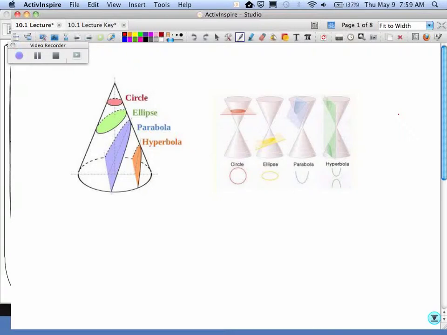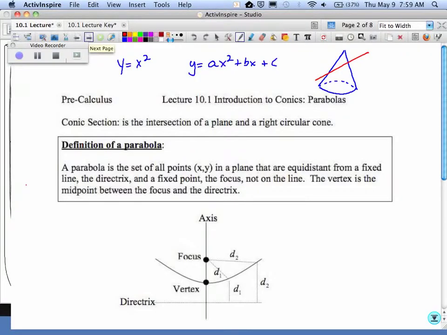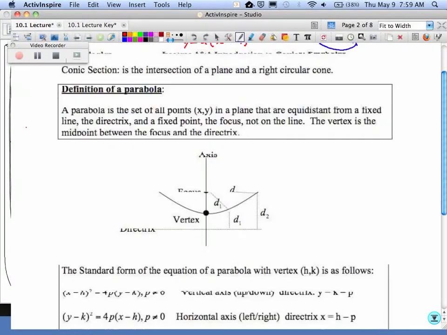It really did. So, what we're talking about today is this definition of a parabola. We're adding a few more things to it. The other formula that you guys might remember is what we call the vertex form, where you could look at it and say that's my H and K, that's where the vertex is located and everything, right? Okay, so a parabola is the set of points in a plane that are equidistant from a fixed line, the directrix, and